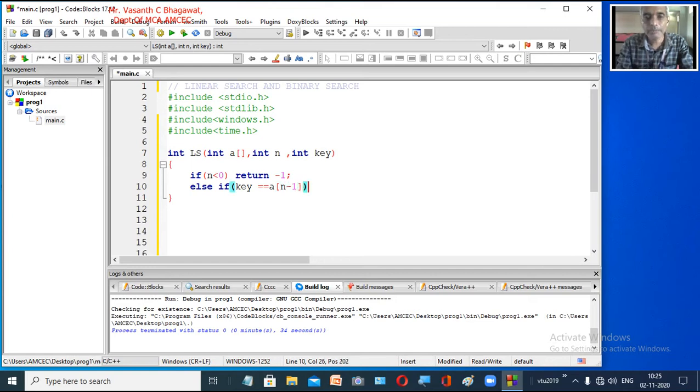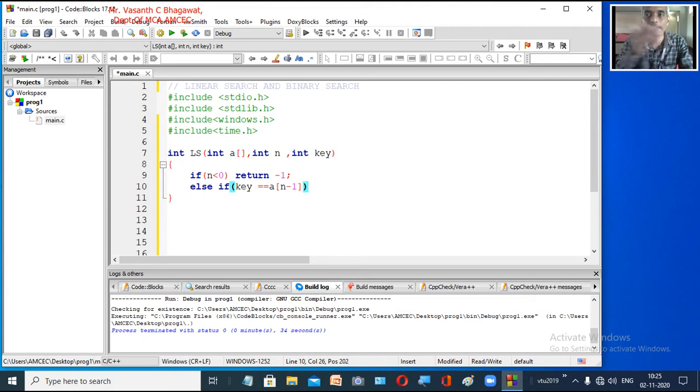Why we are giving n minus 1 here is that we are starting from the last element. Instead of starting from the first, I am starting from the last. It doesn't matter for me because I need the output. So I start from the last: if key is equal to a of n minus 1,